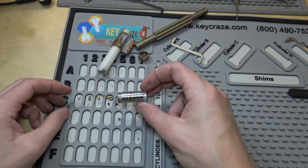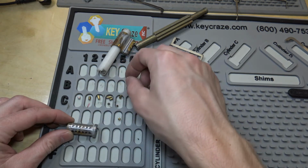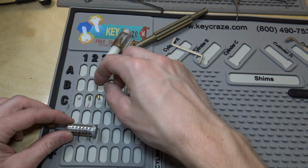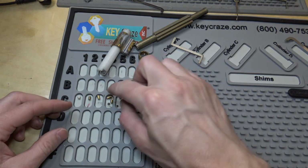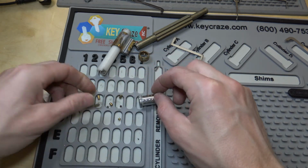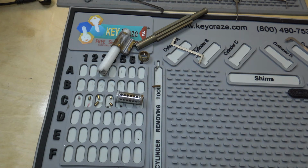Alright. And no good here. So we've got a master wafer in there. And so, alright, no good. So not going to be able to decode this now. Now I got it mixed up here. So, whatever. Doesn't matter. I guess I'll just have to deal with the other ones here to pick them and